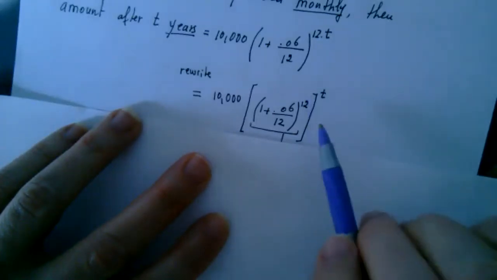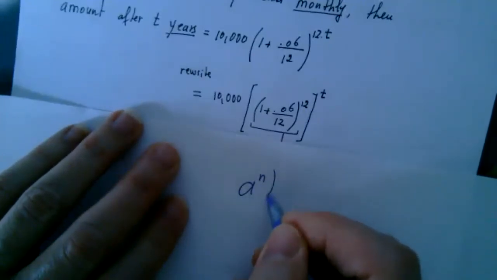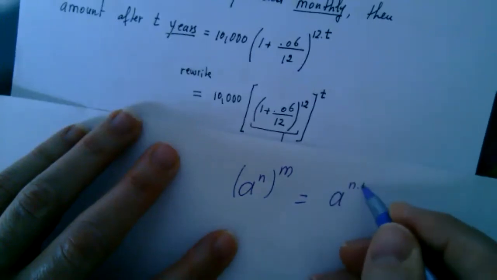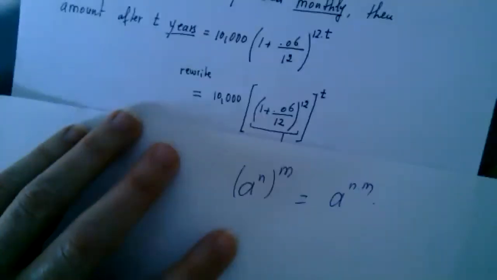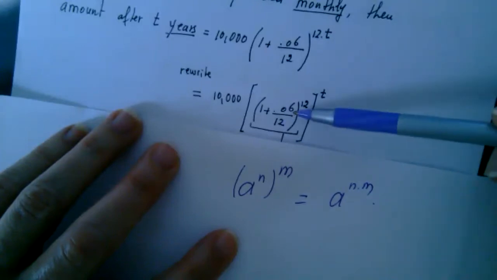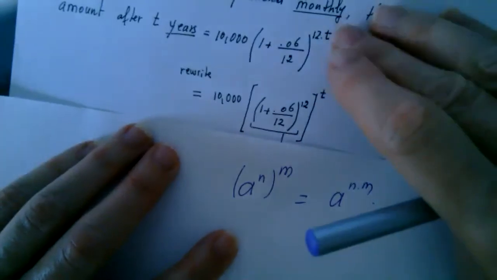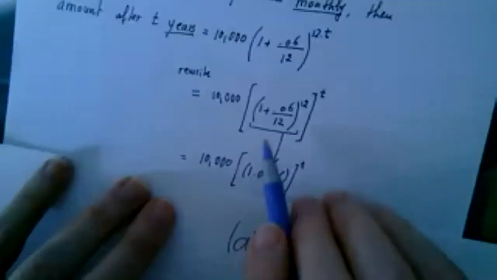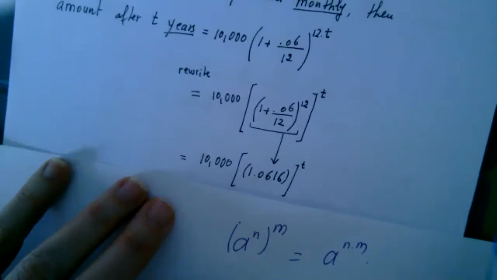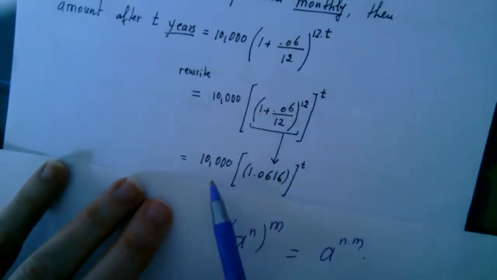Now I'm addressing everybody. Are those two correct? Yes, because, as I said several times in class, if you have a to the power n, and then to the power m, what you do is multiply the powers. That's exactly what this is. 12 to the power t is the same thing as 12t. Now I'm going to compute the term in between, and this will become